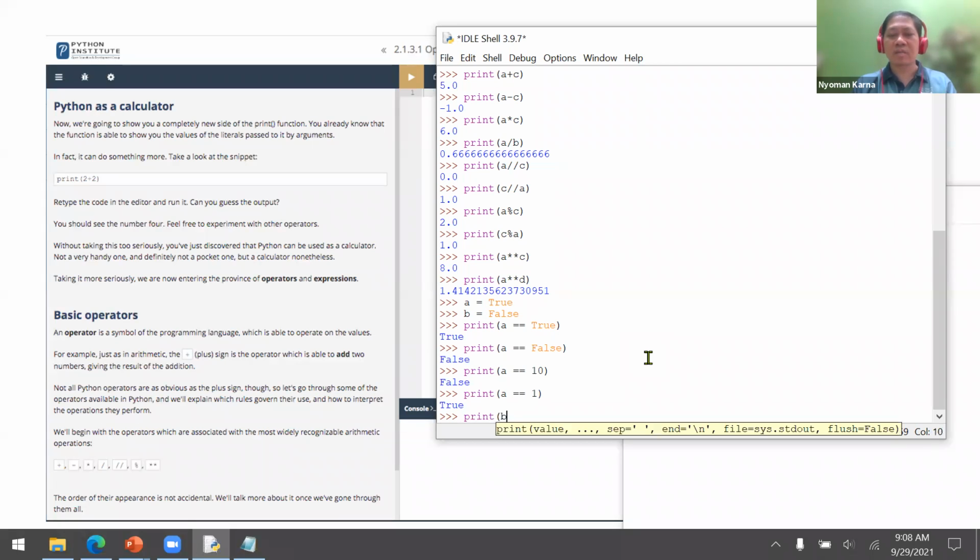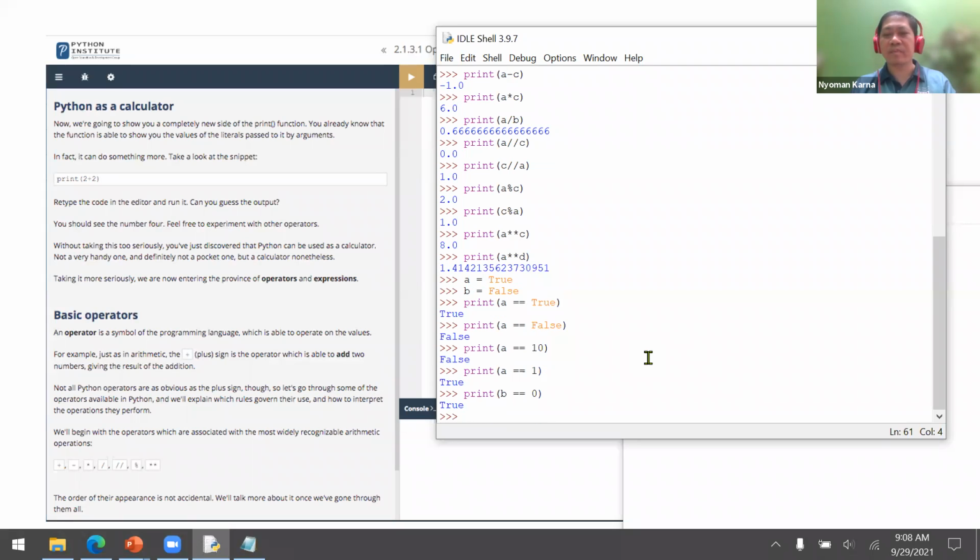So A, which is true, is actually equal to the value of 1. And B, which is false, is actually equal to a value of 0. So true is 1, false is 0. Remember that? Okay. So that's why if I put something like this, print A plus B, it will return 1.